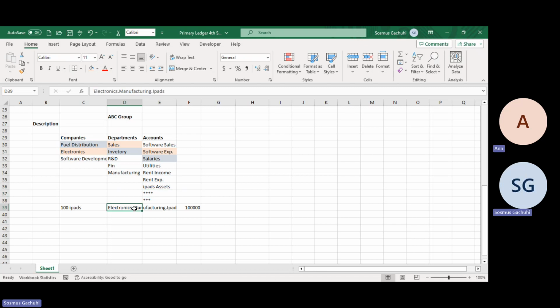So the description for this, you can track these 100 iPads to see where they were purchased. Through the description, having combined all these three: company, department, and accounts, you can track the iPads. But now, what happens in the system,